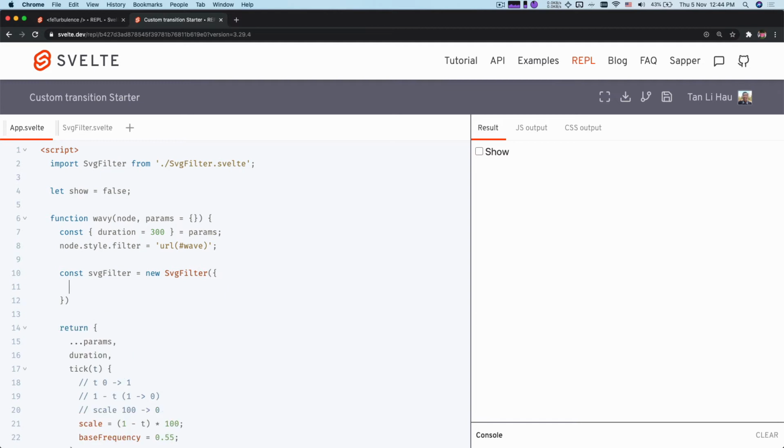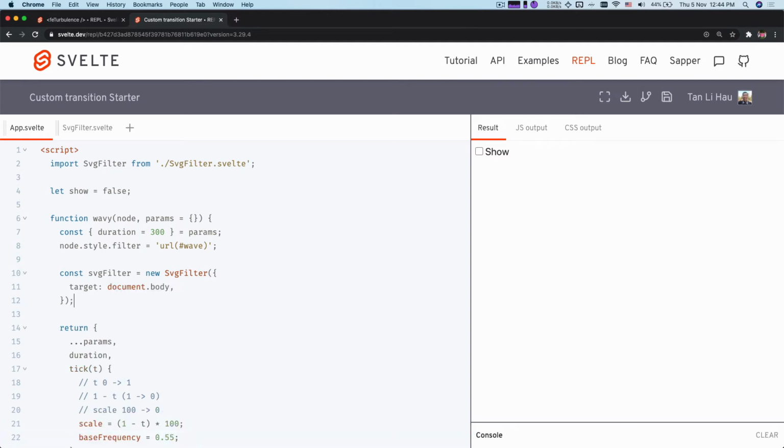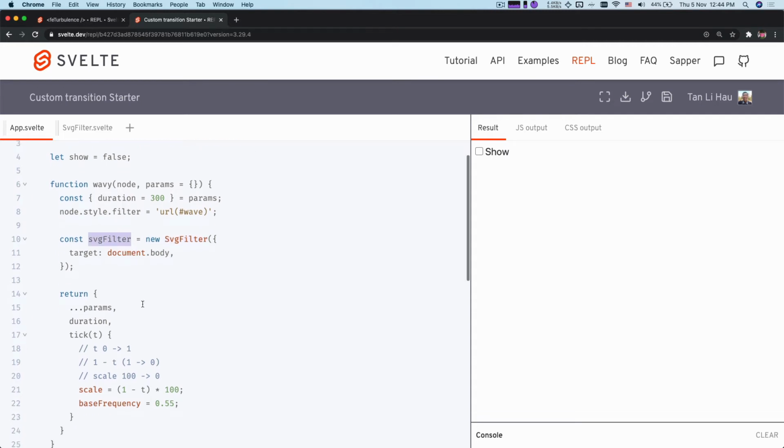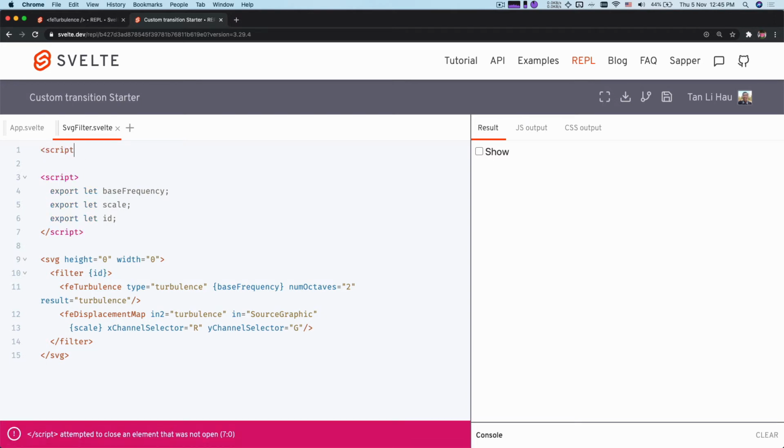Probably we target it to the body. So this will create a new component, render a new SVG filter every time when we do this, right? So SVG filter. So next thing we're gonna do is find out the ID, because we want to have a different ID every time when we create an SVG filter. One way we can do that is that we can have a